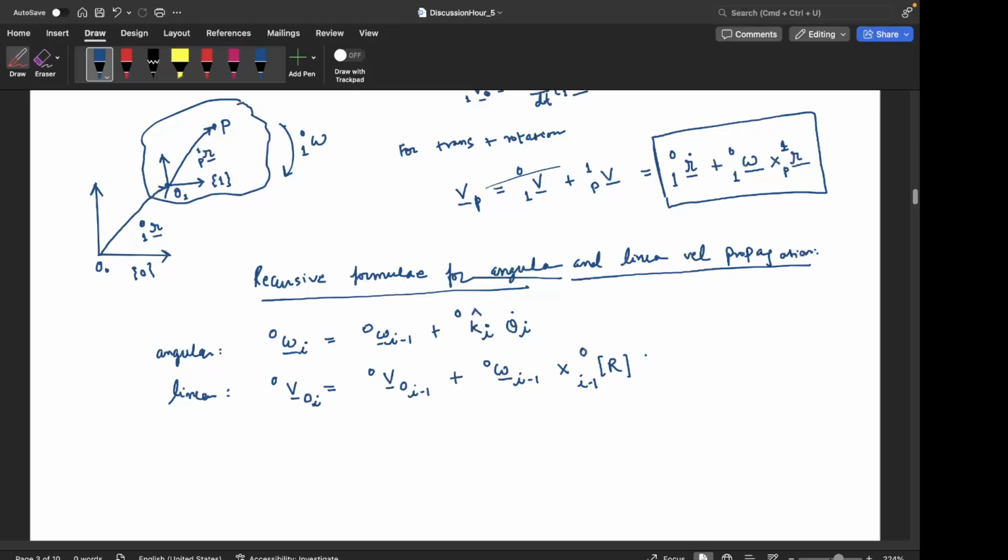And finally we have the origin location, right, in the I minus 1th frame, right? So this is the last part. You just see this additional rotation matrix because we want to convert the description of this origin of ith frame in the I minus 1th frame to the 0th frame, because every other term we are adding in the 0th frame, right? So I would vary from 1 to n basically,